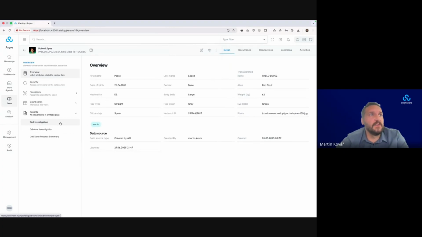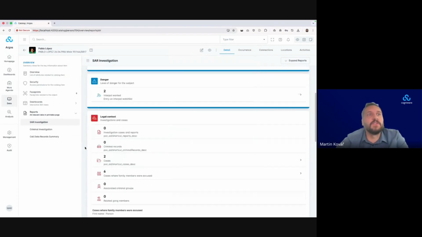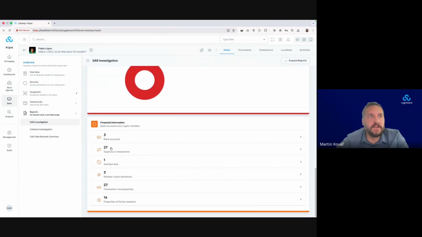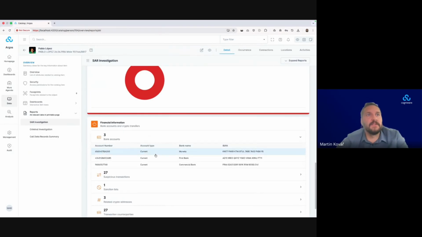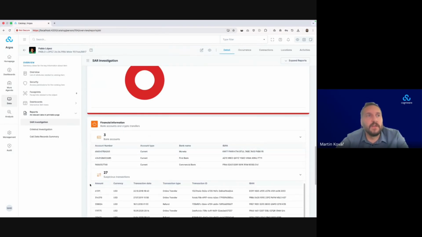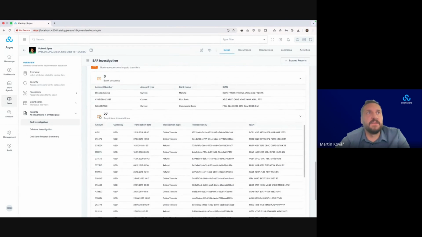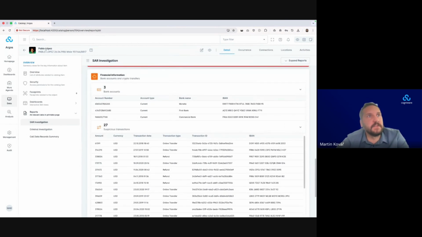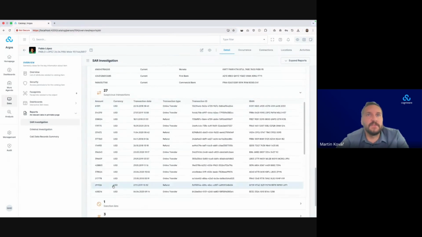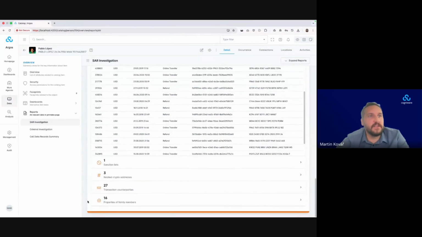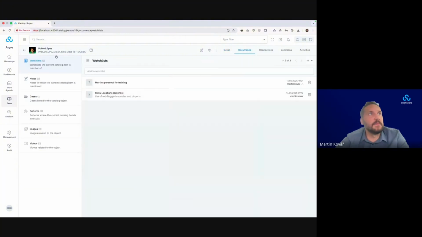And here we have multiple ways to define the dashboards or reports for that person. And you can summarize all relevant information for yourself. So here are all bank accounts for this entity. Here are all suspicious transactions. You have sanction lists and all other information in one place. From that entity, you can see on which watch lists, on which cases, on which STRs the person is mentioned.